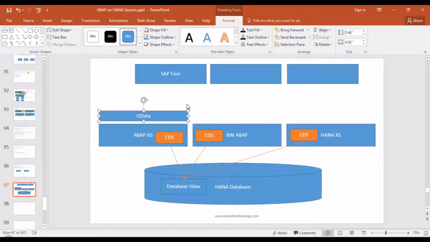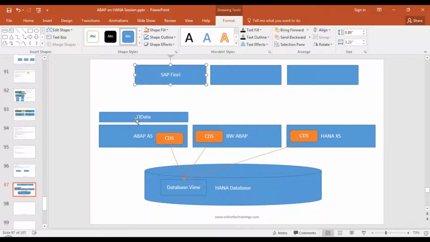So that will be available directly for you. You can create an OData service directly from a CDS view from NetWeaver 7.5 onwards. In fact, I will show you all three techniques to create an OData service on top of a CDS view, and then your Fiori application can consume this OData built on top of the CDS view. There is also a concept of the SAP KPI Modeler in SAP HANA, which also uses CDS views directly.